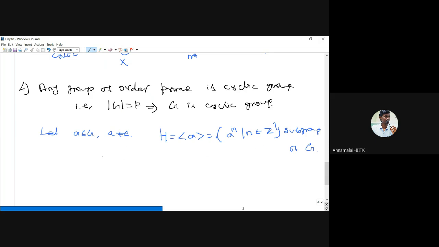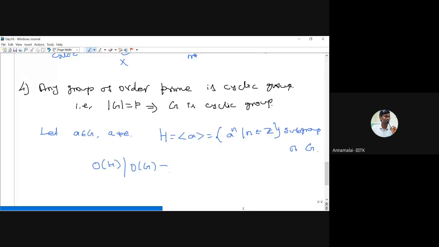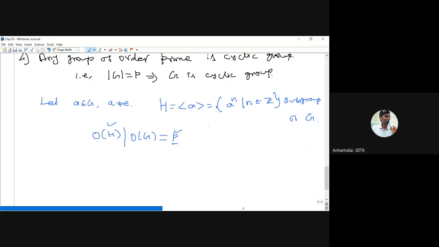Now, we know that by Lagrange's theorem, the order of any subgroup divides the order of the group. But we know that the order of the group is a prime number P. So the order of H is a divisor of P, and since P is a prime number, it has only two divisors, 1 and P. Therefore, the order of H